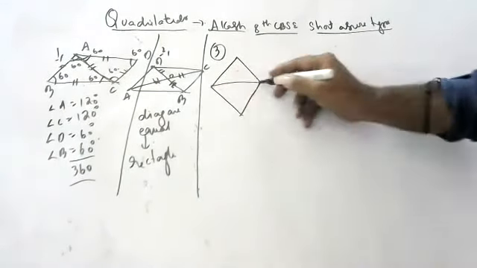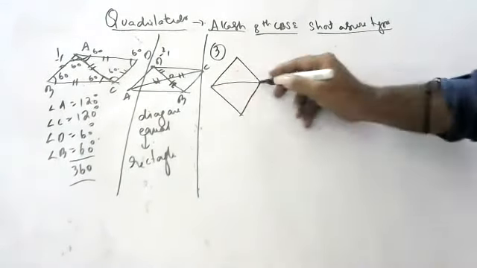So this is 32, and in a rhombus the diagonals bisect, so this is 16, this is 16, and this is A by 2. Can you apply Pythagoras theorem for this? Yes, sir. 20 square is equal to 16 square plus A by 2 whole square. 400 is equal to 256 plus A by 2 whole square. 400 minus 256 is equal to A by 2 whole square. 144 is equal to A by 2 whole square. Root 144, 12 is equal to A by 2.